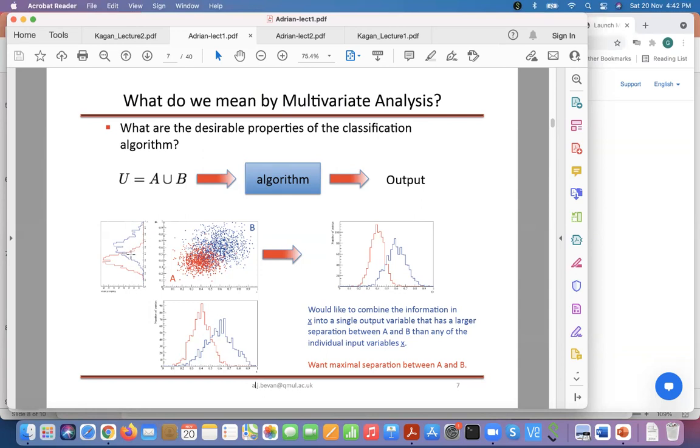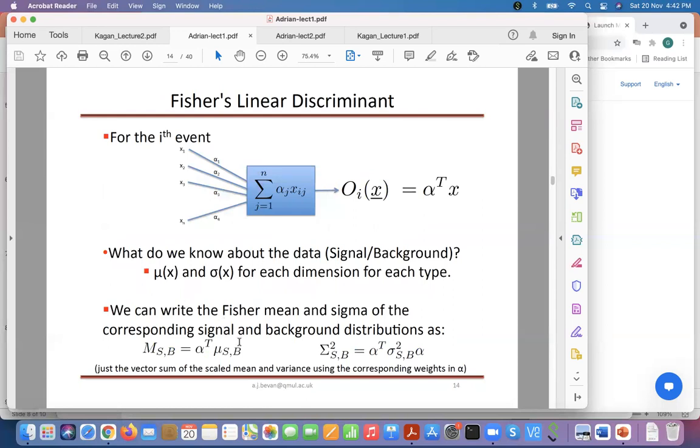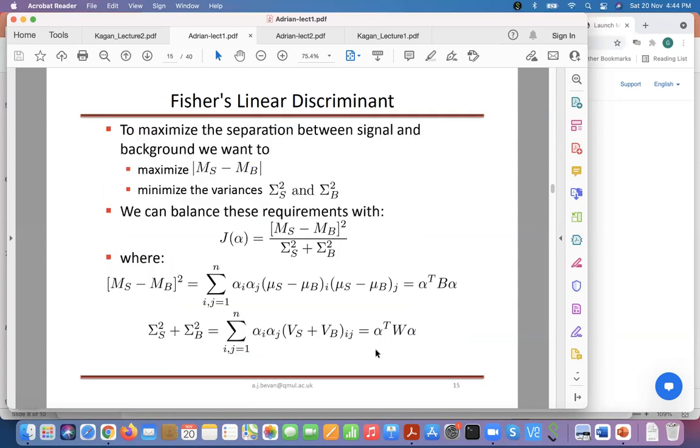Now, when you want to go to the effective feature, like you want to combine these two, let's call it alpha 1 x plus alpha 2 y. Now I want to optimize the value of alpha i I should take. That optimization is done by finding the so-called Fisher mean and the sigma. So the way you will be doing it, let's say it's a sort of binary case I am taking. You have a signal and the background distribution, and let's say you have several variables.